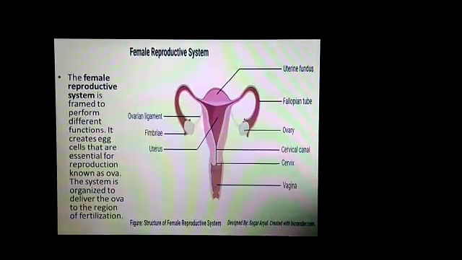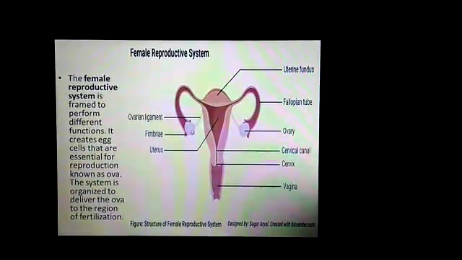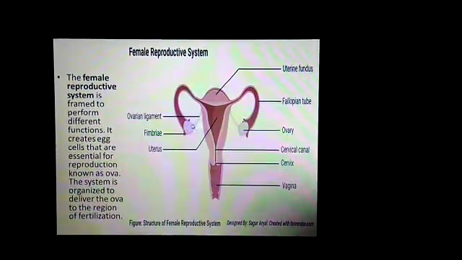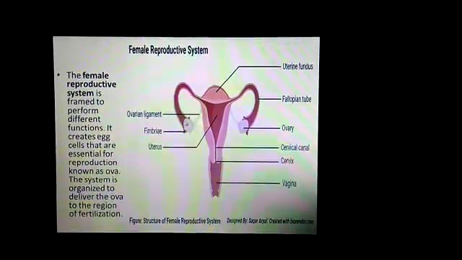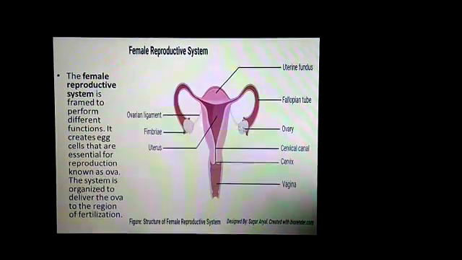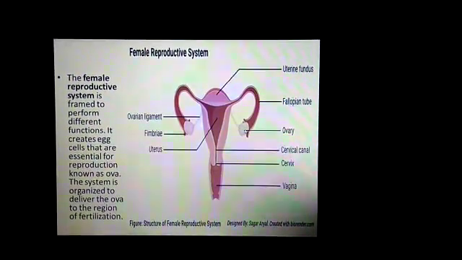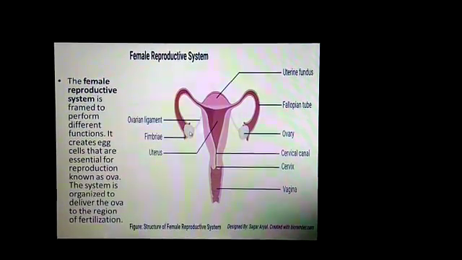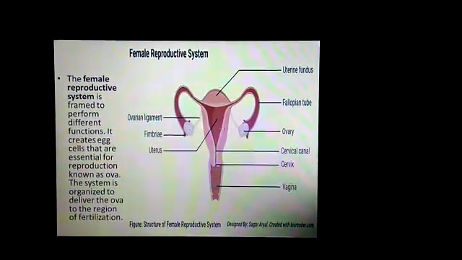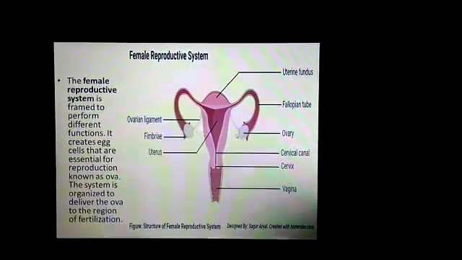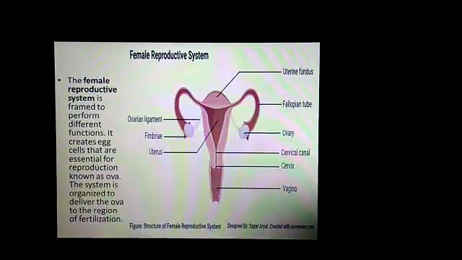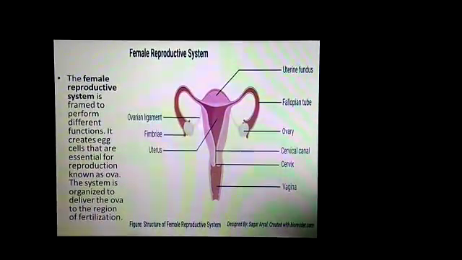The eggs are produced in the ovaries. This spherical ball-like structure you can see here is the ovary, and in a human female 2 ovaries are present, and each ovary produces one single egg alternately every month,